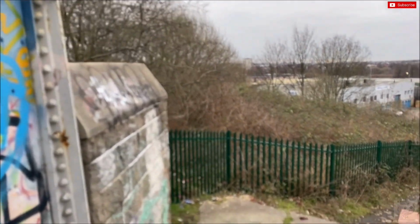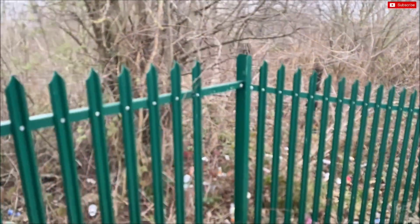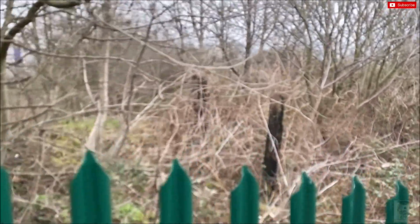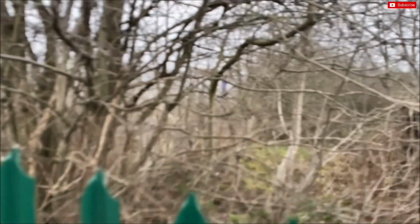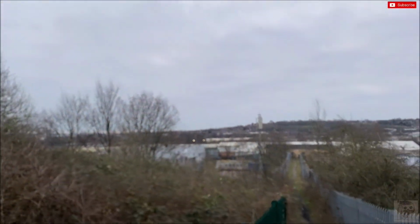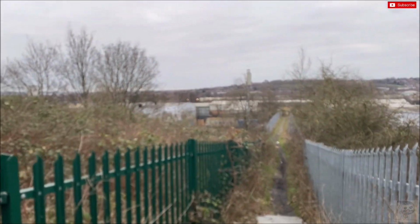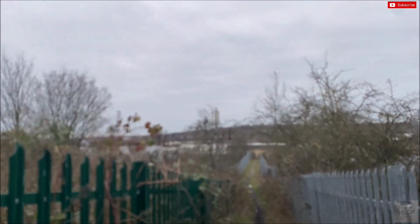Now if we come down these steps here, you'll notice a bit of a platform there. That there used to be a public footpath. And we've got some sleepers going up there, but this was a natural divide between Copley Hill and that area down there. So we're leaving our live line behind us. We will get back to Wortley West Curve shortly,